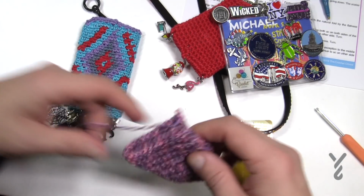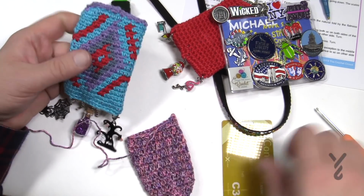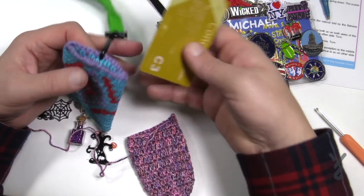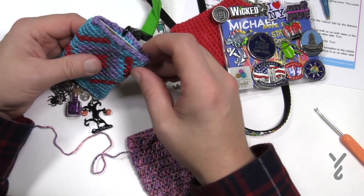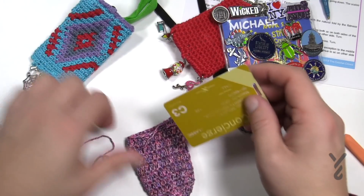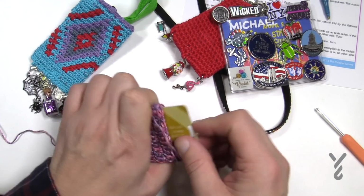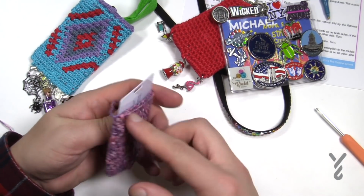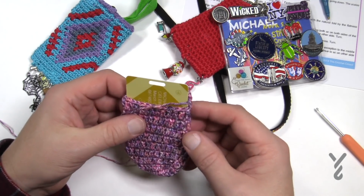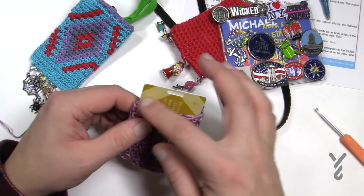Here's the thing. I like key card holders for when I'm on a cruise, even if it's a personal cruise, to be able to put my ship card into, and I put it on a lanyard and I wear it, but I don't like my ship card to be able to fall out. So if you would like to make this into a ship card idea or any kind of key card, then what you just have to do is just continue just to slide it in, and probably just do maybe about 2 more rounds of double crochet here, and then you can actually leave the pouch open at the top,